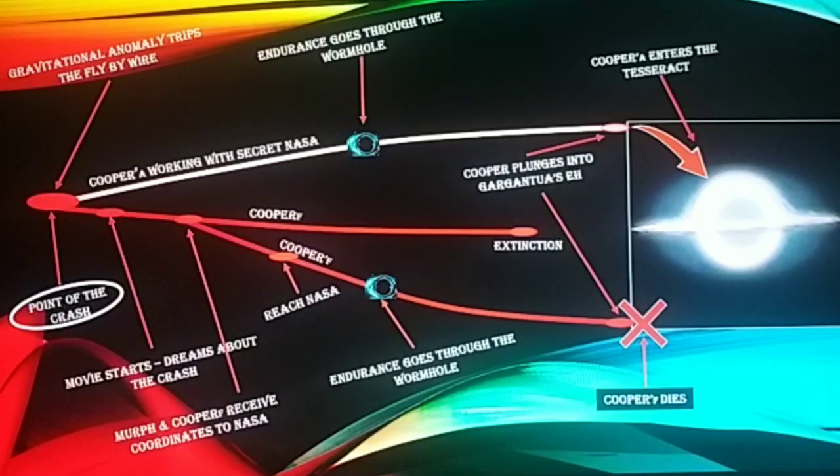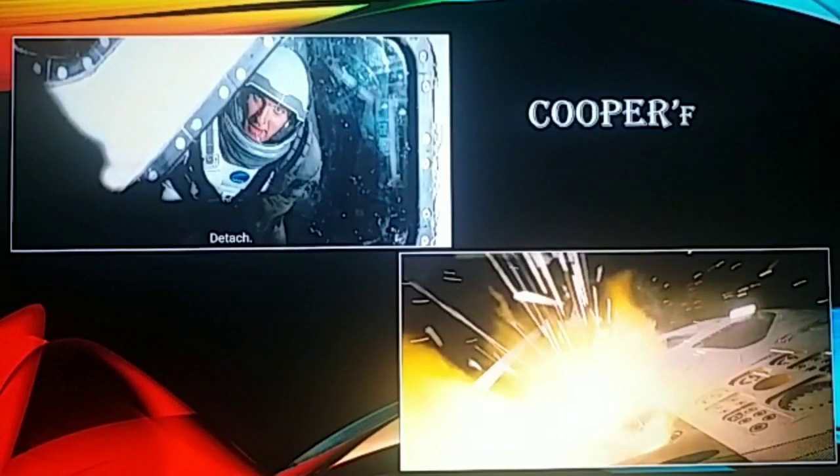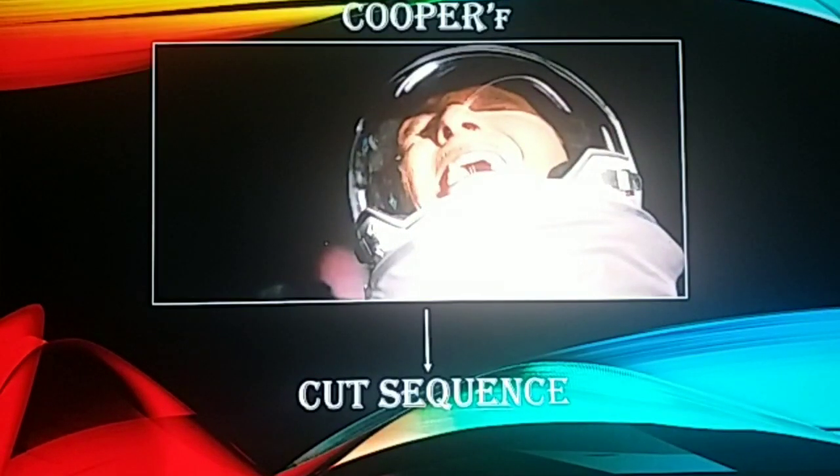Cooper F decides to jump into the event horizon of Gargantua along with Tars. This is Cooper F, who detaches himself from Endurance and falls into the event horizon of Gargantua, and soon after he detaches himself from Endurance, his spacecraft catches fire. And then we see Cooper F in agonizing pain. Now that's where we see that cut sequence, and the movie switches